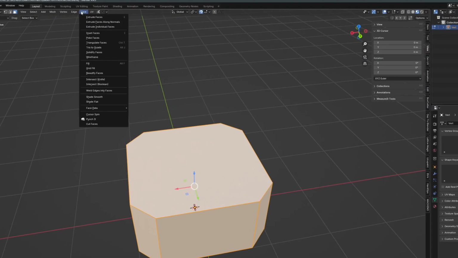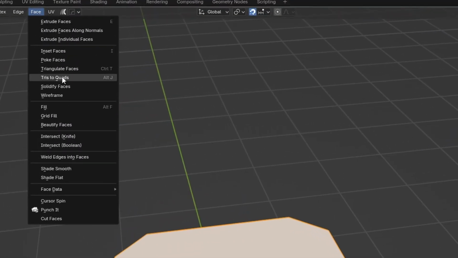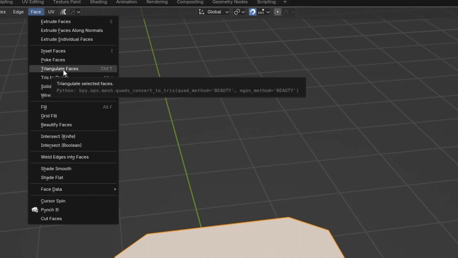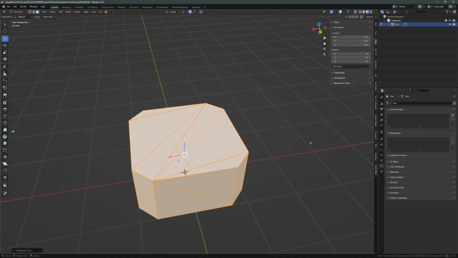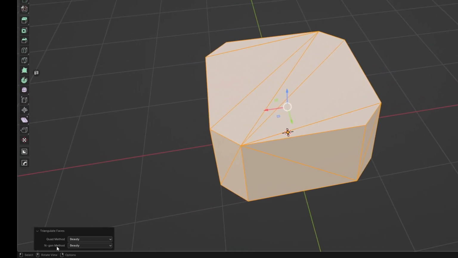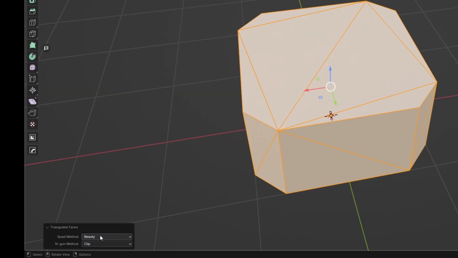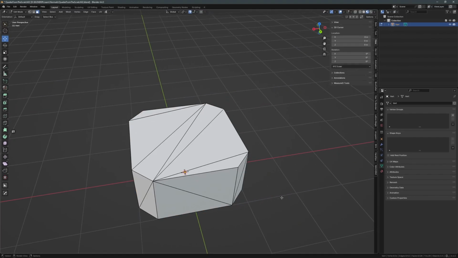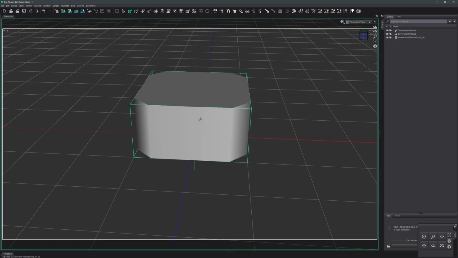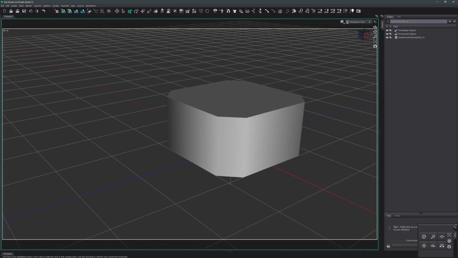In Blender's viewport menu under Face, I select Triangulate Faces and Blender does the triangulation job for me. In the bottom menu, I then can even set different triangulation methods, Beauty and Clip. Anyways, it didn't work either. I get the same weird shading as if the faces were not even.